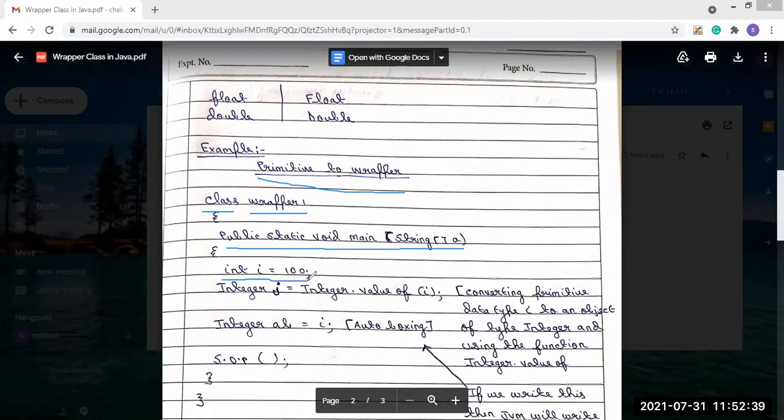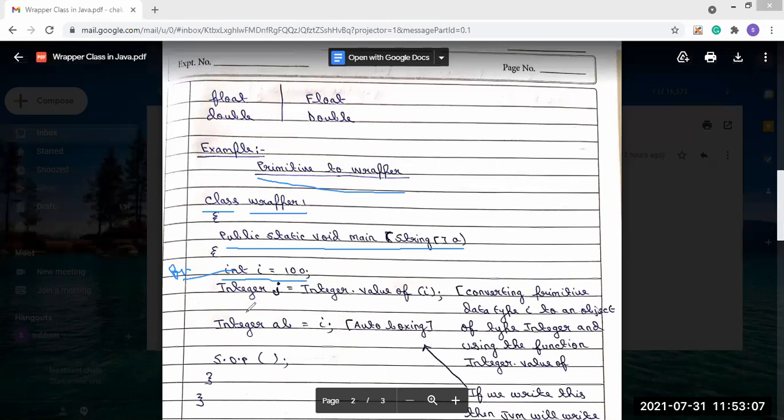So the value of i is 100 and it is of integer type, that means it is the primitive type. Int is the primitive data type.